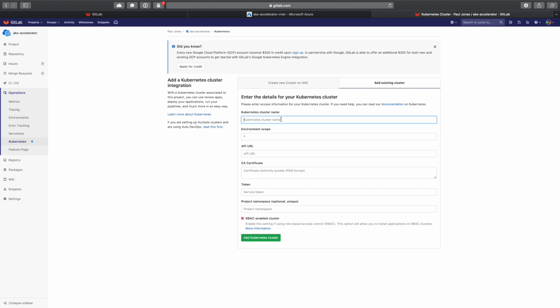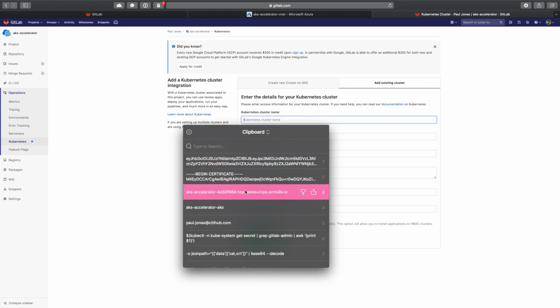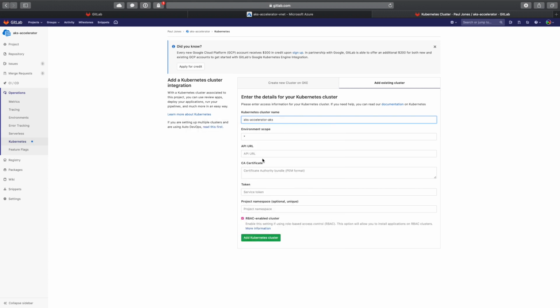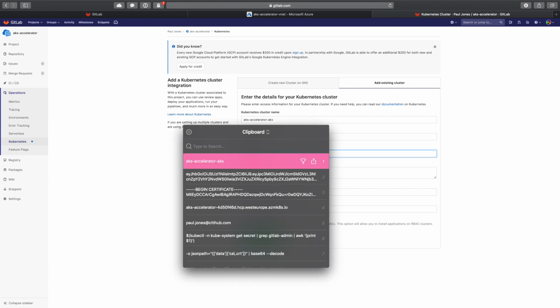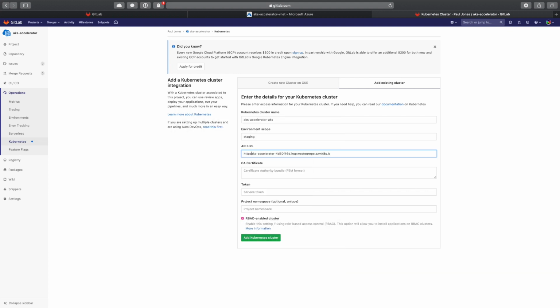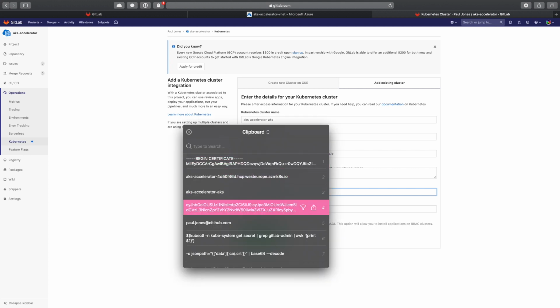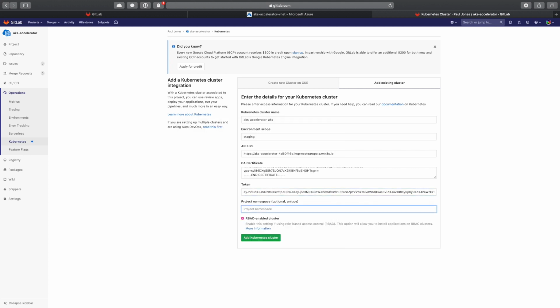So we know the cluster name. We can paste it in, AKS Accelerator AKS. And we're going to set the environment scope to staging because we're going to use this as an environment for continuous testing. And we know our API URL. Remember to put the HTTPS in front. And the certificate was the first thing we grabbed, so we can paste that in. And also the token, of which you can see some here. So we click Add Kubernetes Cluster,